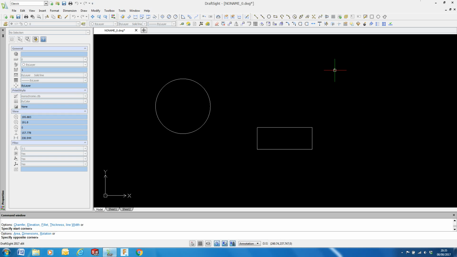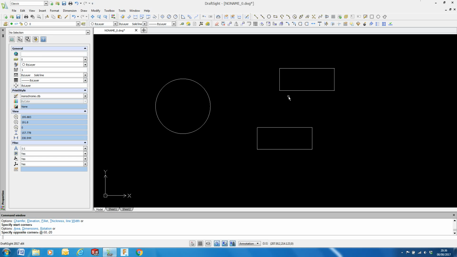My positive quadrant and my negative quadrant, we'll come back to that. So I could draw a rectangle at minus 50, so we are coming from our start position in x minus 50, and in y, comma, minus 20 in my command window. At minus 50, comma, minus 20 will give me exact same size rectangle but in the opposite direction to the previously drawn rectangle, but the same size. So quadrants,